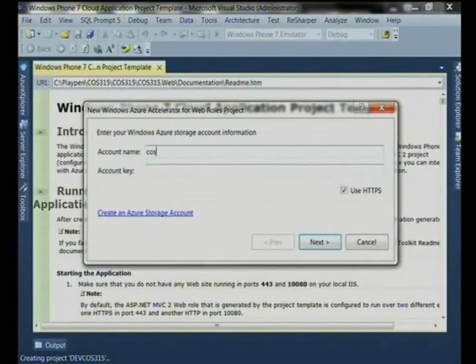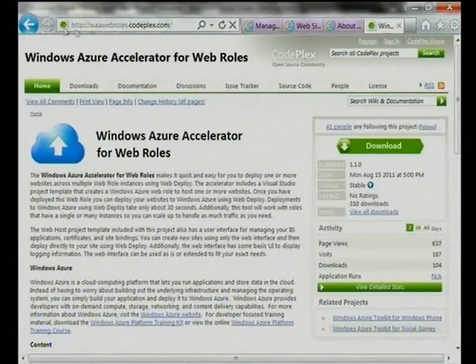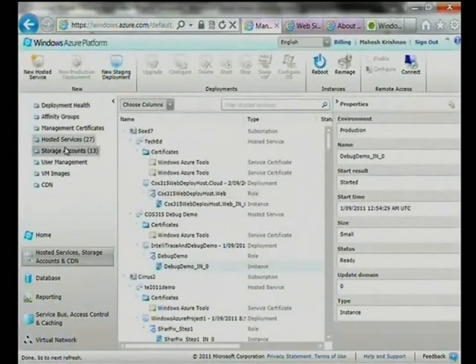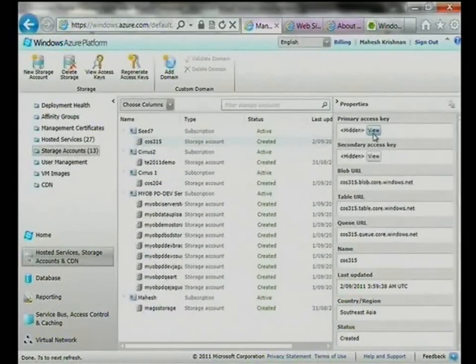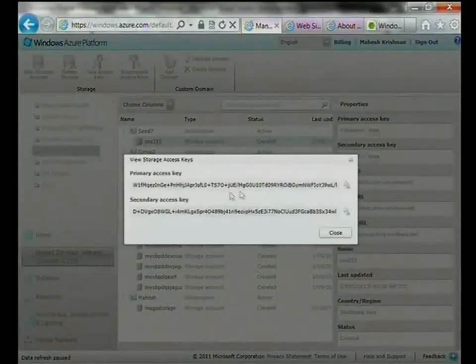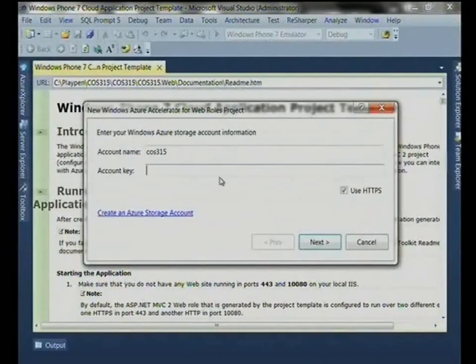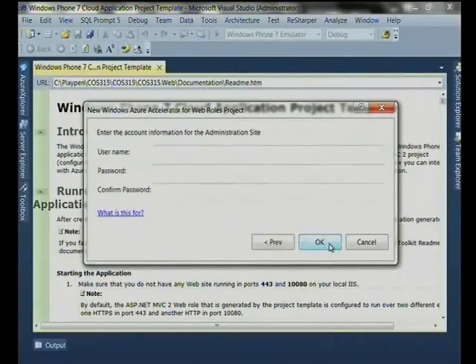So I will put COS 315, and what I've done is I've pasted the access key from the Azure portal over here. So that is basically my credentials to log into my storage account. Hit next. I also need to specify an admin username and password.